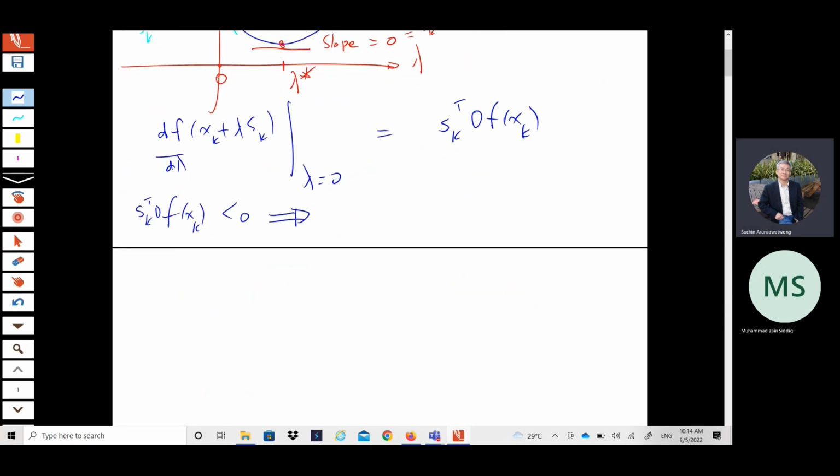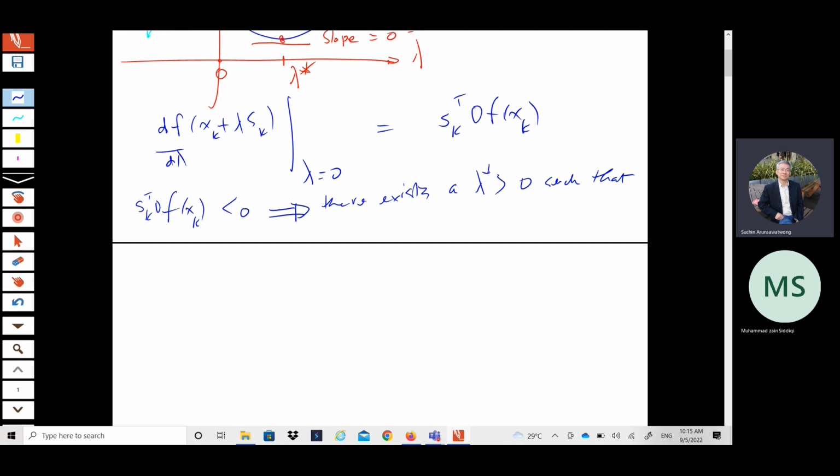We don't consider any general function f. So when sk transpose grad f(xk) is negative, then it implies that there exists a positive lambda star such that